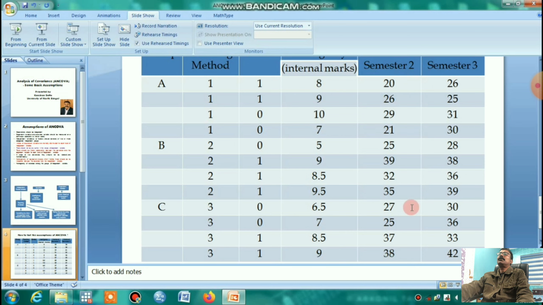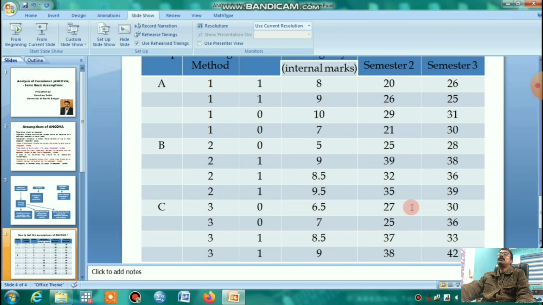So in this way we can provide the basic knowledge behind the application of ANCOVA, that means one-way or two-way ANCOVA, or one-way or two-way MANCOVA, that means multivariate analysis of covariance. Two independent variables, that means teaching method and gender, with intelligence, and two dependent variables, it becomes two-way MANCOVA. If we do not include this, other things remaining same, it is two-way MANOVA. But whenever we include the covariate, it becomes two-way MANCOVA, multivariate analysis of covariance.